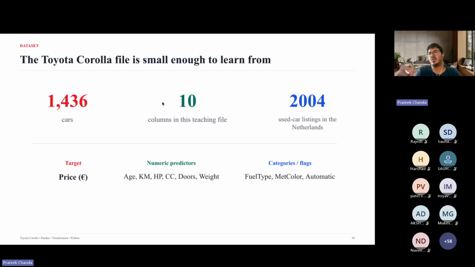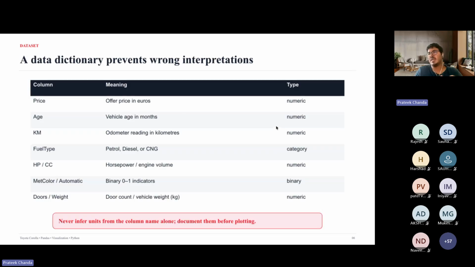The target column is the price, and the features are numeric predictors like age of the car, kilometers, HP, CC, doors, and weight. There is also a category of flags, which are non-numerical data, like fuel type, the color of the car, and automatic or manual. So all these things are there.